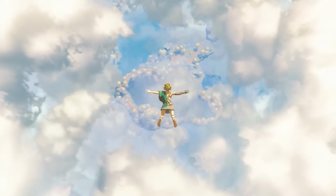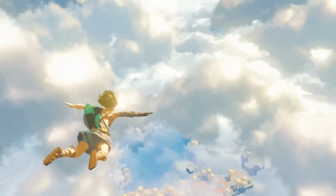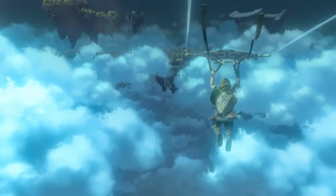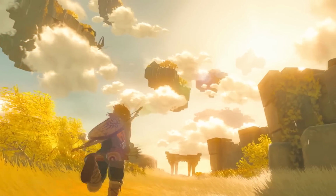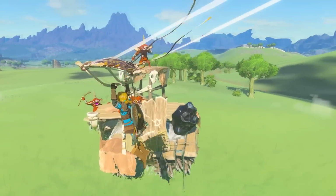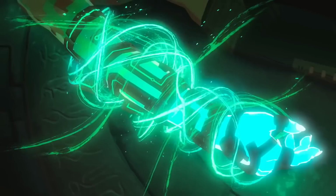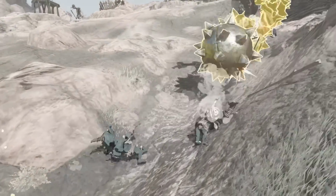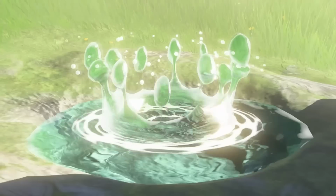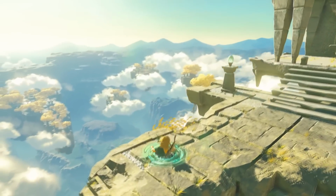And here's the thing. It's all very cool. These photos and this concept art is awesome, and it's all very beautiful. But I'm not really getting a lot of major spoilers or major secrets from most of these photos. One or two of them, yes. There is some interesting stuff in one or two of these photos that I'm like, whoa, that's crazy. I'm surprised to see that in here. Is this even something really in the game? I've gotten that kind of essence from a few of the photos,